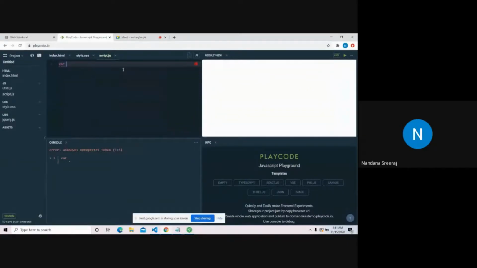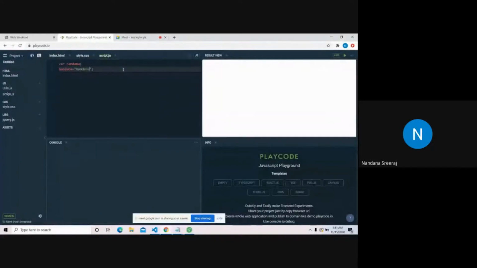Here we use var, for variable, to declare a variable in JavaScript. Var and the name, I'll give Nandana. So here I've declared a variable named Nandana, and I can assign anything to it. Nandana can be 1, it can be a string, it can be anything.